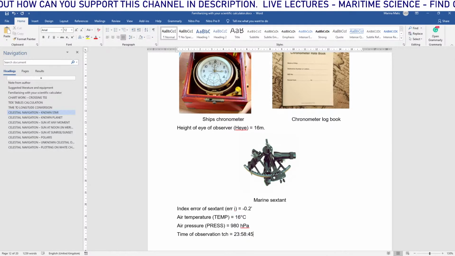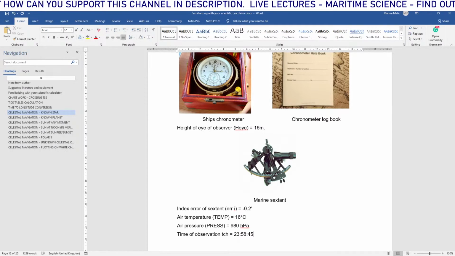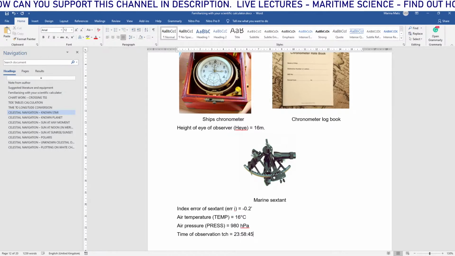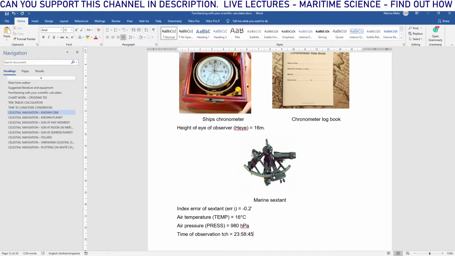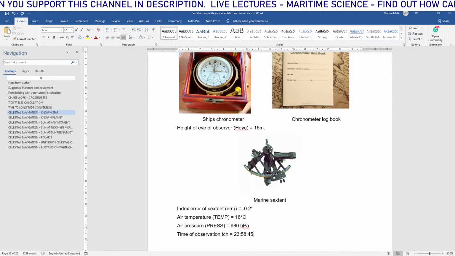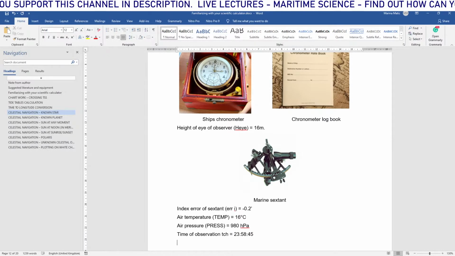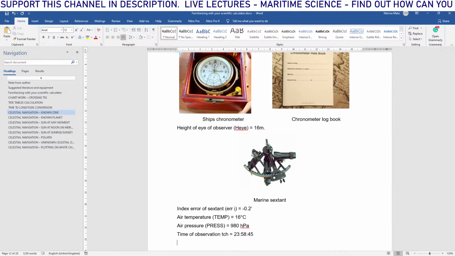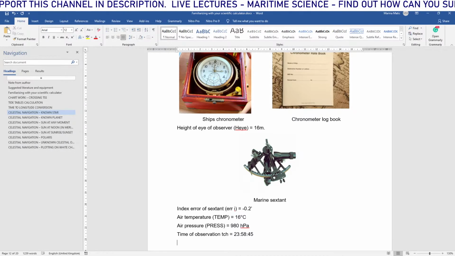We do not use AM PM here in celestial navigation. We go from 0 to 24. So 23:58:45, that's the time of observation, chronometer time, and the height